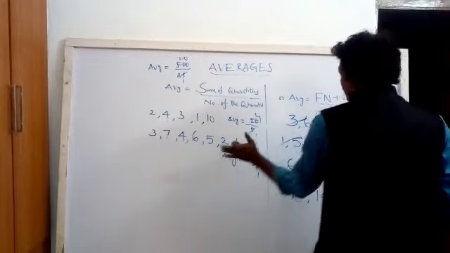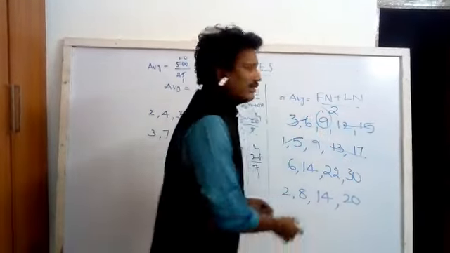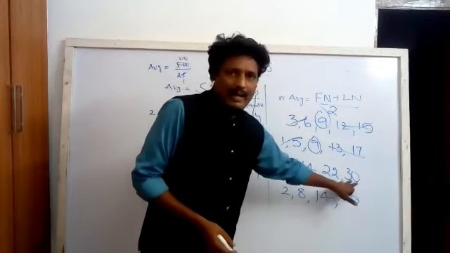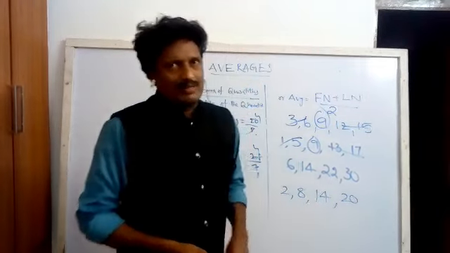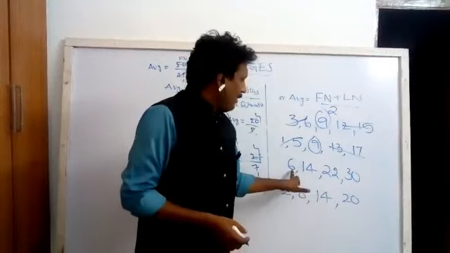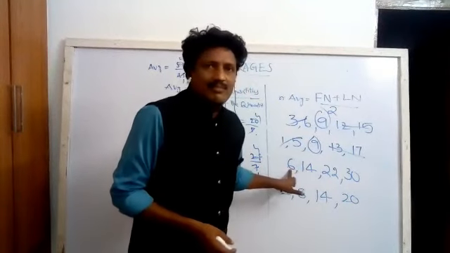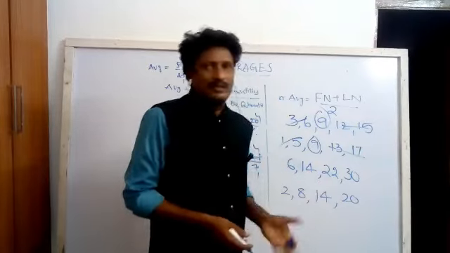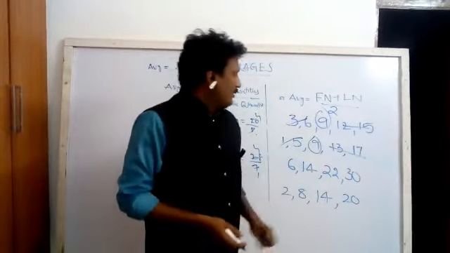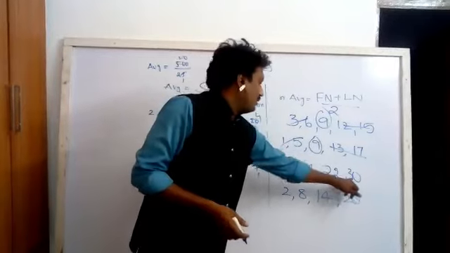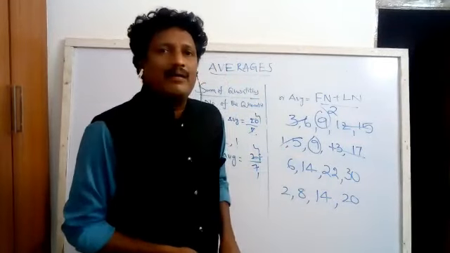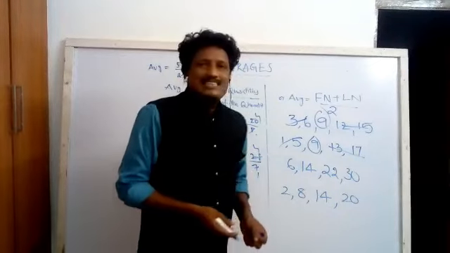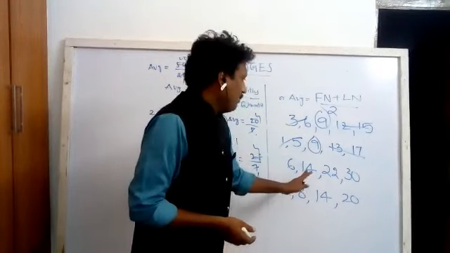These 2 quantities on the left side, these 2 quantities on the right side, the middle number is the average. But here I have given 4 quantities, so to find the average, see the common difference. 14 and 6, the difference is 8; 22 and 14, the difference is 8; here also 8. So simply we can apply: first number plus last number, 30 plus 6, 36 by 2. So 36 by 2 means 18 here, but